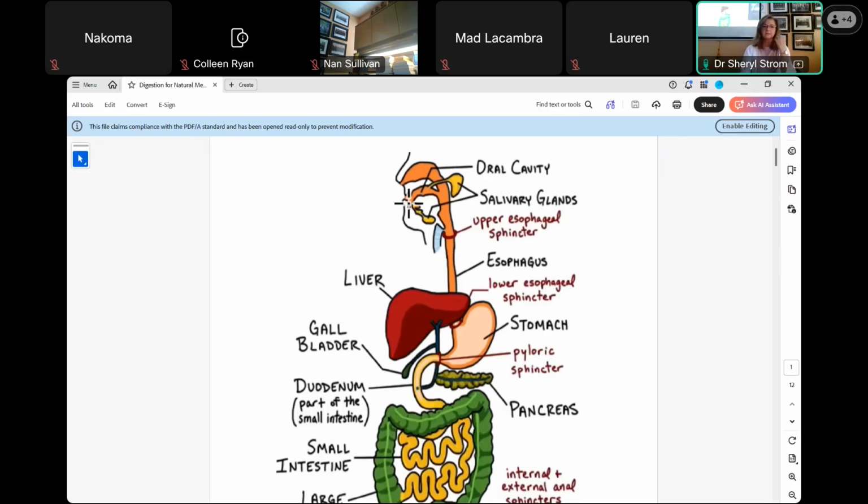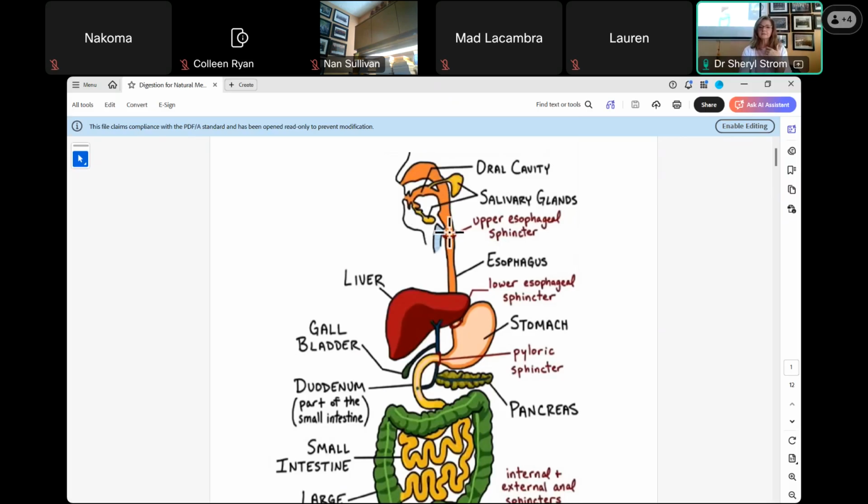So the oral cavity is the mouth, and this is your tongue right through here. Okay. Let's see if I can use, I can't on this. I was looking for my pointer, but I can't do it on here. Salivary glands. We'll go into detail on a lot of these. So salivary glands in the back of the throat, and it's behind the throat itself, behind the tissue. And then you have some underneath your tongue.